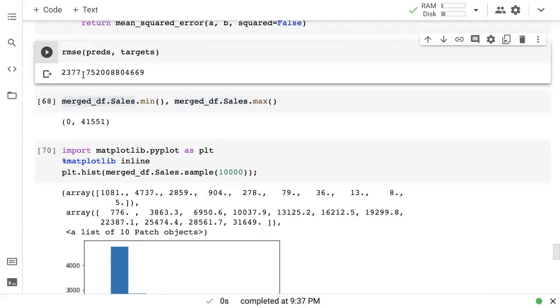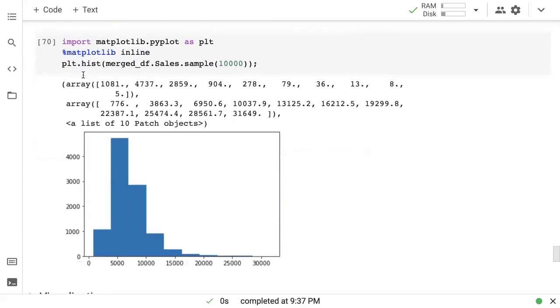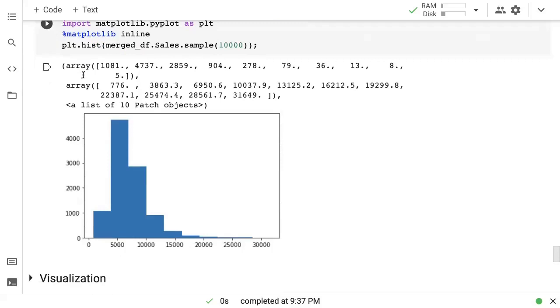And what I would encourage you to do at this point is maybe compare it with a baseline model. Maybe just build a very dumb model which always predicts the average, or the average of the same store for the last month or something like that. And compare it with a linear regression model, a decision tree and a random forest, and see if gradient boosting is any better.